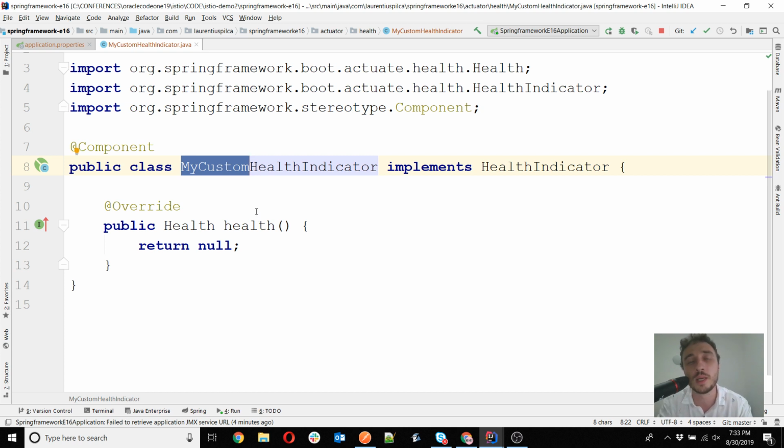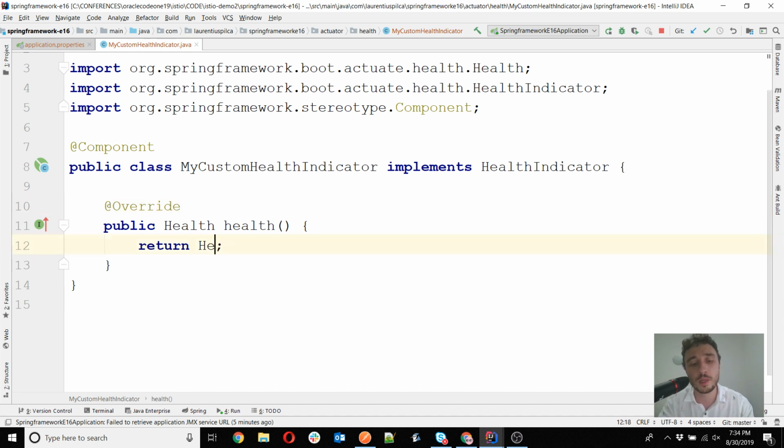With a custom health indicator, you can actually implement whatever you want. This is what I'm trying to show you now how to do. It's simply by creating a class implementing this interface. You can have as many custom health indicators as you want, so you can do multiple if you want more options. And then the only thing that should happen is in this method, whenever you consider that your health is up,